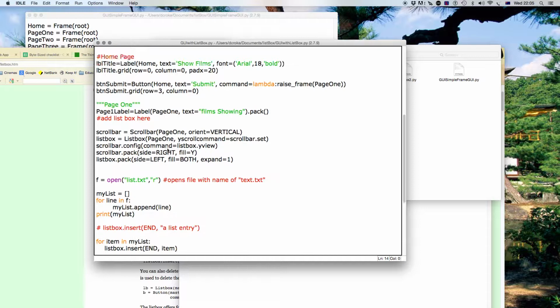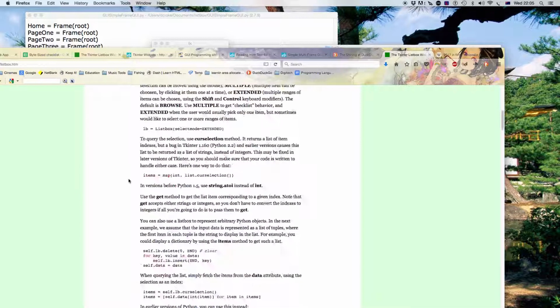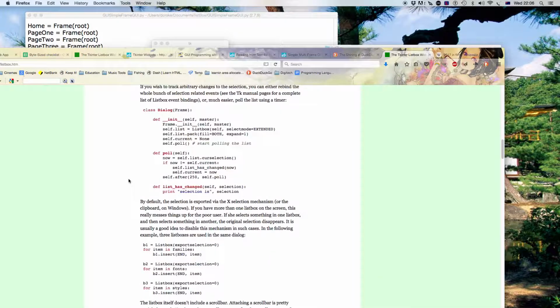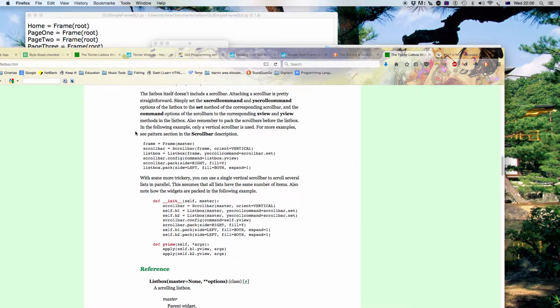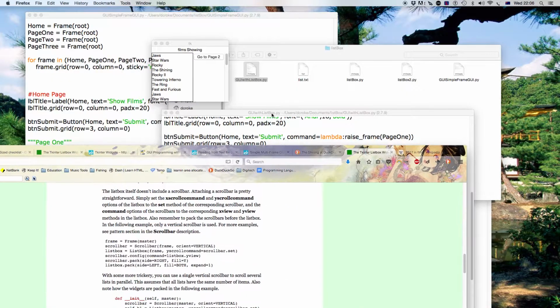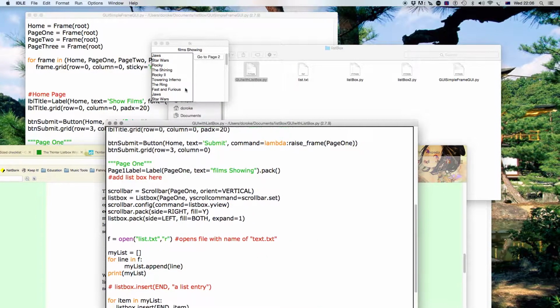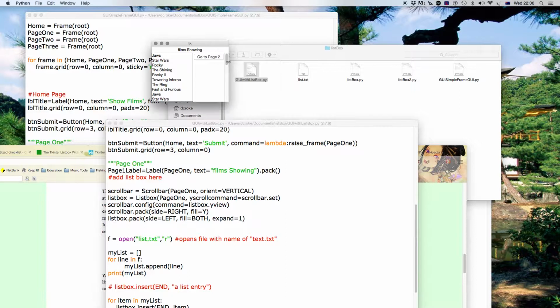So I'll just go over that again. To get the scroll bar, I went back to this page again, and here it is. Here's all the items that had a scroll bar in here. So I just cut and paste that code, and I tweaked it a bit, and I've come up with this GUI here. So that's one way to do it. That's how to have a GUI with scrollable list items in the GUI. And I'll add links to this on a web page, and so you'll be able to try